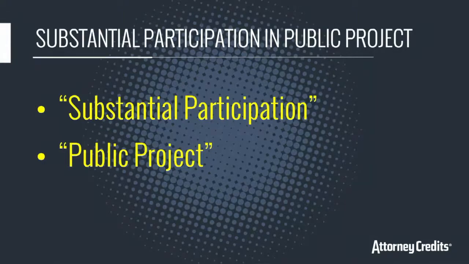Okay, so what does that mean? Well, if the government did nothing, there's no inverse condemnation. Now we'll see that idea gets fairly nuanced in some of these cases, but you need to remember there has to be substantial participation, and that could mean that the government was doing something and then they stopped. Right? But if the government never did anything, there's no argument that they substantially participated. There's possible inverse condemnation if the entity accepted and approved a public project like a roadway. Cases are clear about that. But again, you need to have substantial participation.